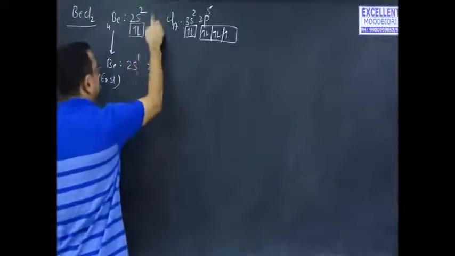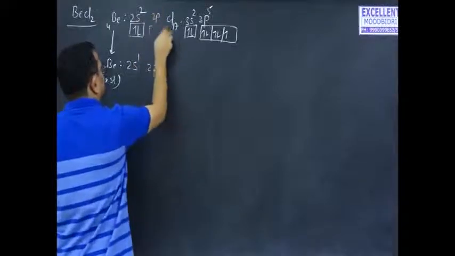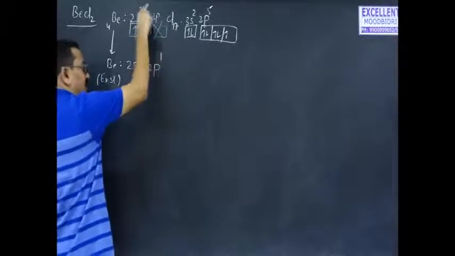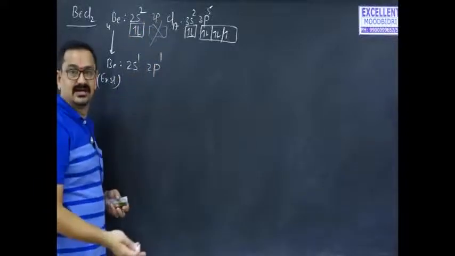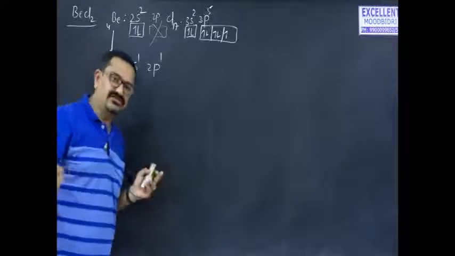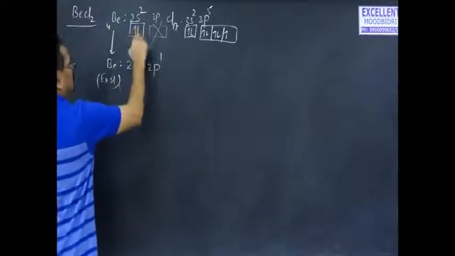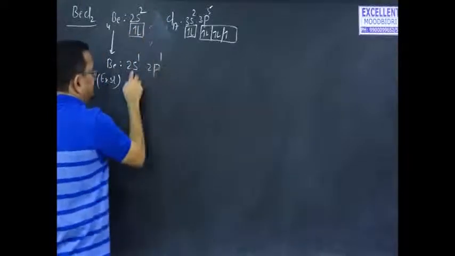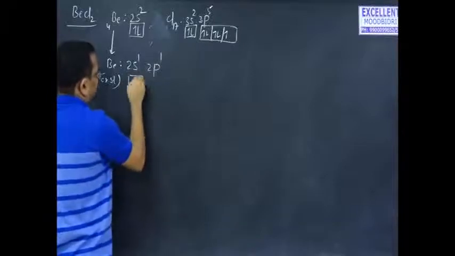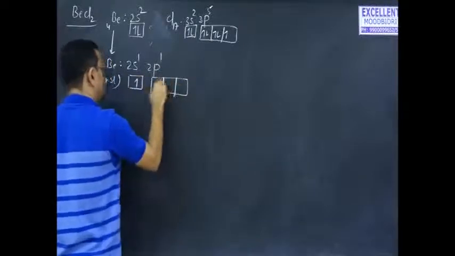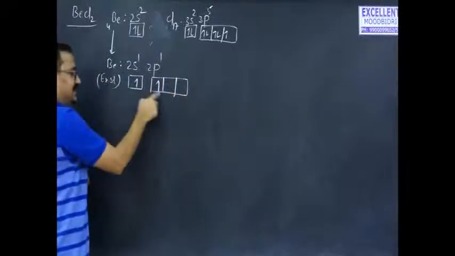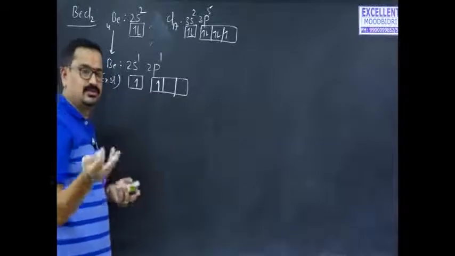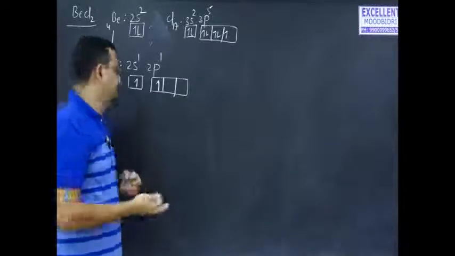Here 2p has no electrons. As vacant orbitals are available, one electron gets excited to the available vacant orbital. If there are no vacant orbitals, there is no such phenomenon. Remember that point. So one of the paired electrons jumps to the vacant p orbital and it becomes 2s1, 2p1. Now beryllium has its required two unpaired electrons. An unpaired electron should be there in the orbital to overlap.